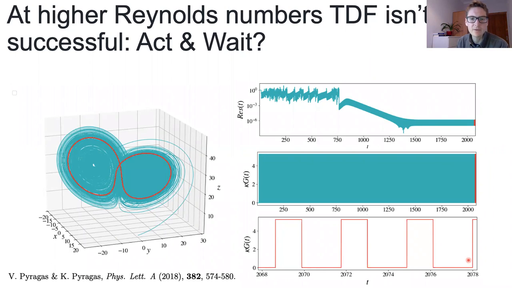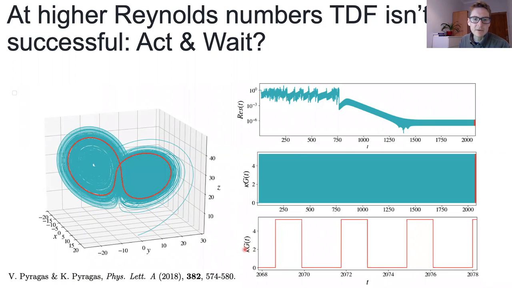So we need to come up with some ways which don't involve symmetries, because obviously at high Reynolds number you're typically going to have all of the symmetries broken. So we will need some other way to get around this odd number limitation. We're currently working on a few ideas for how we might get around this issue. So this is what Tissi has been working on lately, this method of Pyragas, this act-and-wait method, where you're switching the